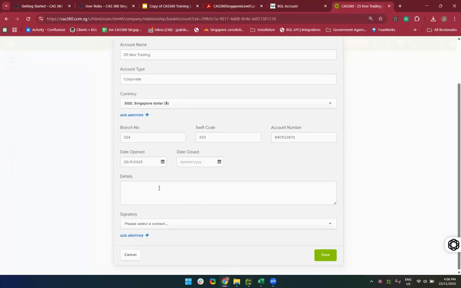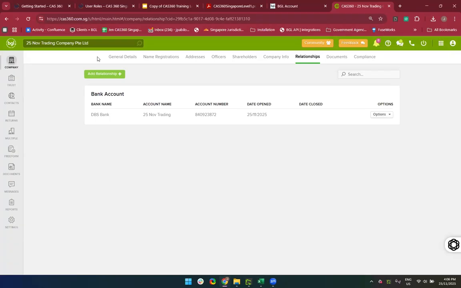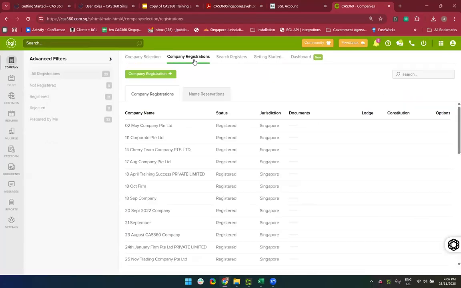If you have any additional details, you can add them as well. I will just have Veronica done and click save. So this information has already been stored into the company's profile. So what we'll do is we're going to go back to the company and select company registration